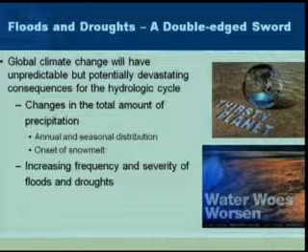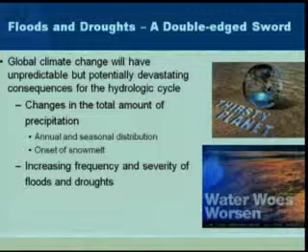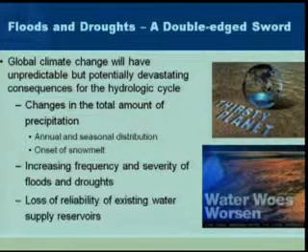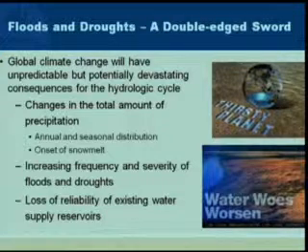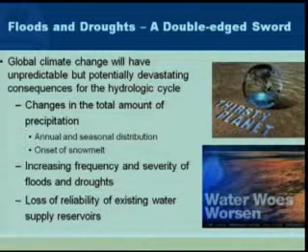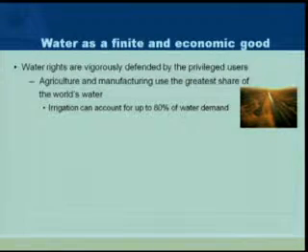Bangladesh just had a major flood. There are areas that have droughts. If you remember in Russia, there was a drought that devastated wide areas, and then they had massive forest fires. This is happening around the entire world. And there's going to be a loss of reliability of existing water supplies and reservoirs. This is going to generate conflict and challenge. But what we must remember is that it's not just the human population, but a wide approach to things,